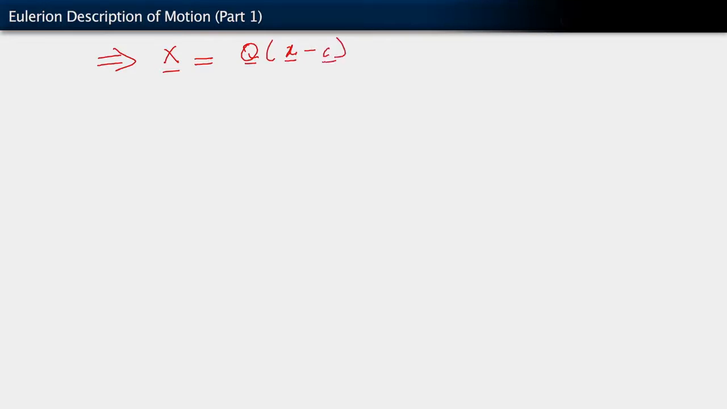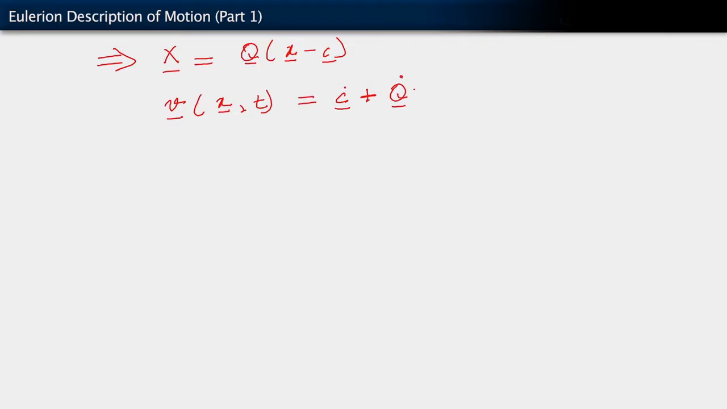We're going to use this relation and substitute it into our expression for the velocity, right? We're going to rewrite now v of little x comma time equals c dot plus q dot. Now,